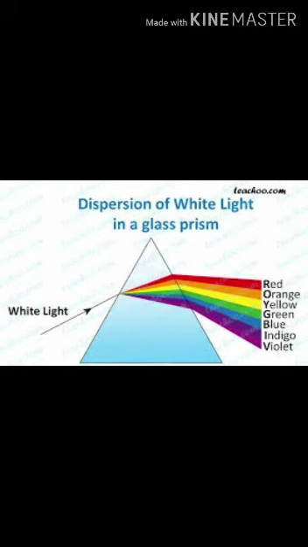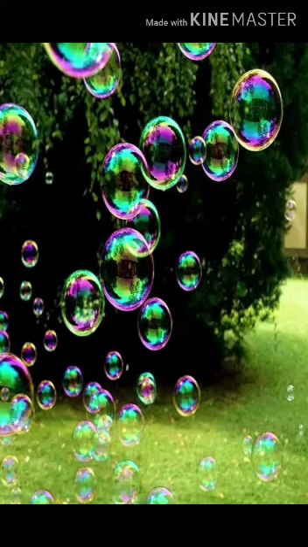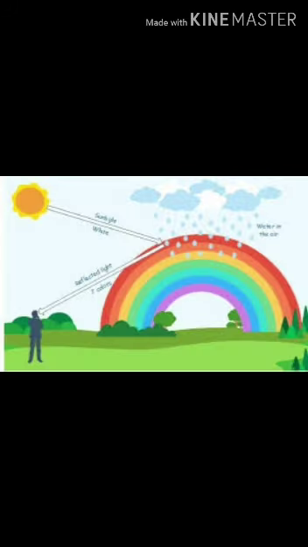Some examples of colors are seen on soap bubbles and the surface of CDs when white light is reflected off them. Sir Isaac Newton was the first to discover that sunlight is composed of 7 colors. He found this by passing a narrow beam of sunlight through a small hole in his room. He made the beam of light fall on a glass prism. A spectrum of 7 colors was formed on the opposite wall. Rainbow is a natural phenomenon which proves that light is made up of 7 colors.